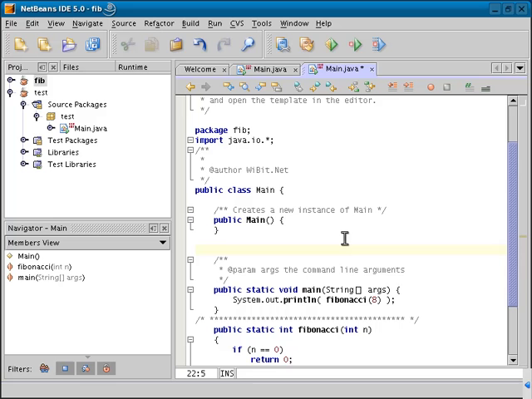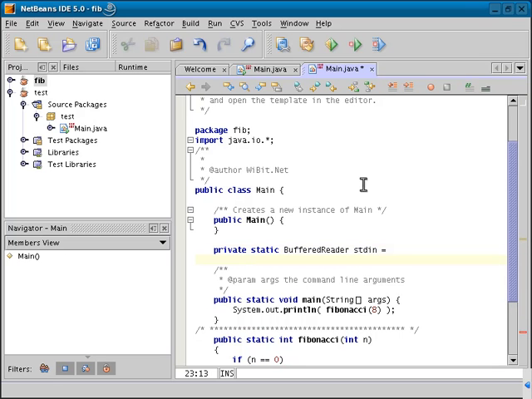So this is going to be a private static BufferedReader, capital B and capital R, B-U-F-F-E-R-E-D, Reader, one word. We're going to call it stdin, STDIN, and that's equal to a new